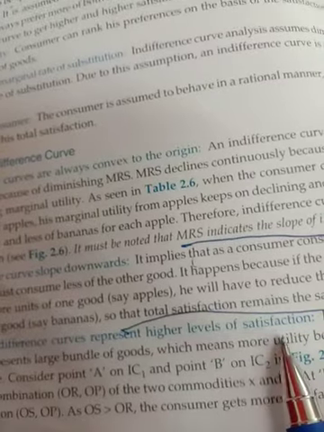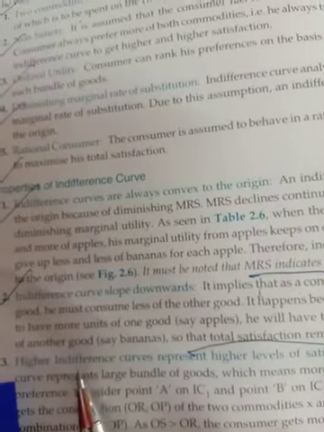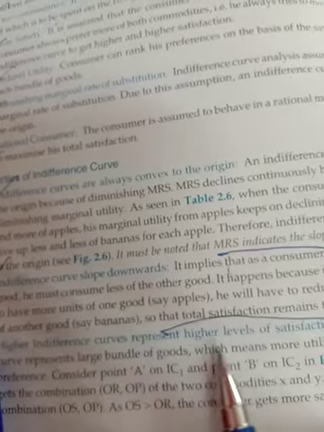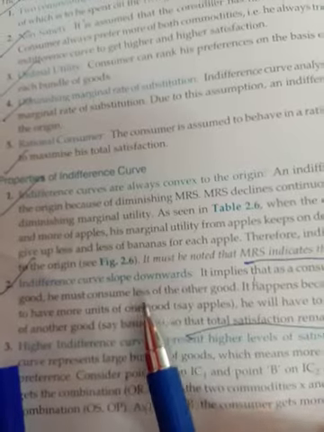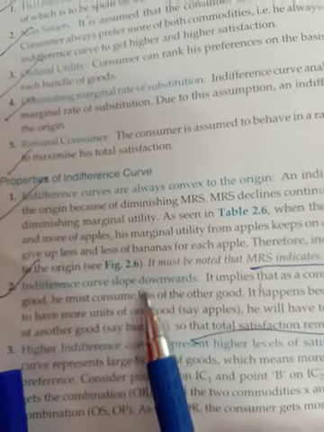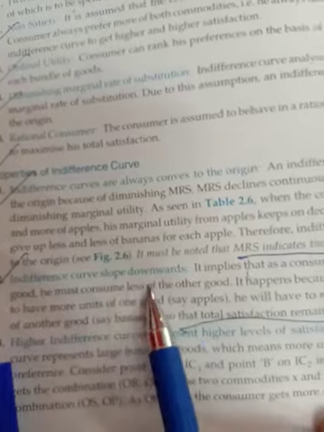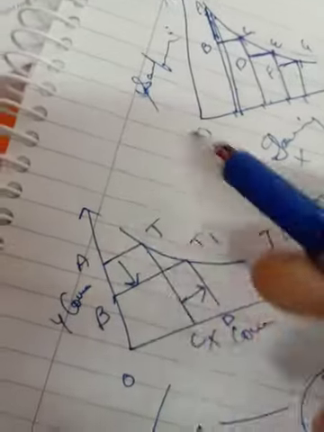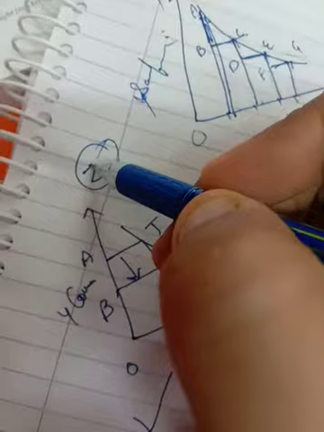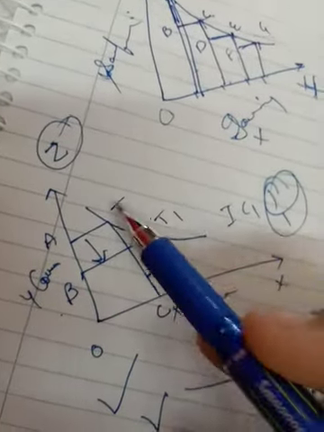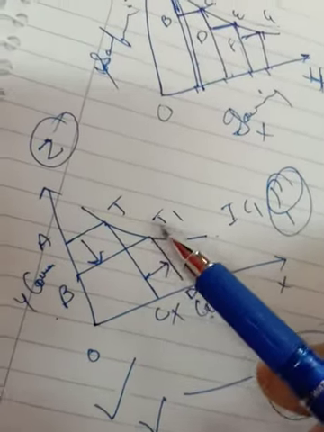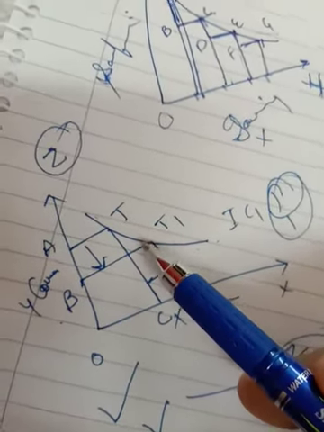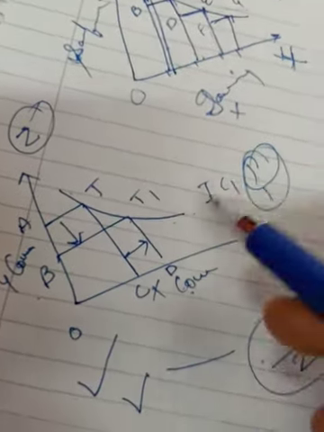So the next property is: higher indifference curve represents higher level of satisfaction. When you are talking about this, you have to make the diagram as you have made in indifference curve slopes downward. I will explain again, which type of diagram you have to make there. As you can see, I have made the diagram for the second point, x commodity and y commodity, and you have to show IC1 as the indifference curve and take 2 points T and T1. So you are saying here for the second point, indifference curve slopes downward. First you have to make the diagram.